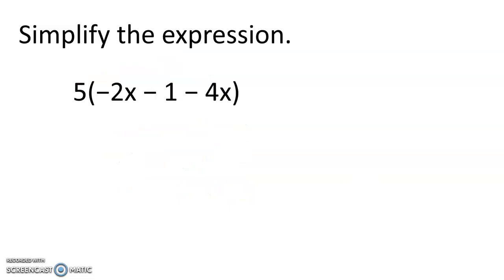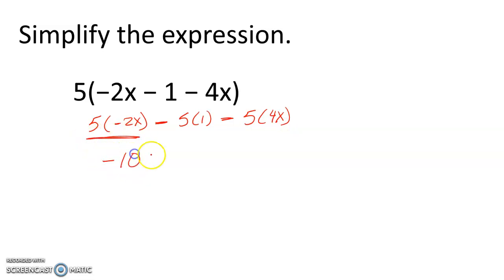So this one right here, we're going to take 5 times negative 2x. Then you're going to go minus 5 times 1 minus 5 times 4x. Okay? So 5 times negative 2x is negative 10x. Minus 5 times 1 is 5. Minus 5 times 4x, that would be